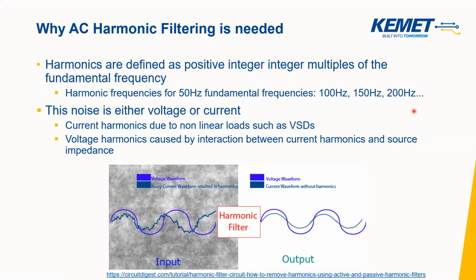Usually the current carrying capability of an X or Y capacitor is in most cases not a very critical parameter, but this is not the case with an AC harmonic filter capacitor, because here the capacitor needs to have a high ripple current capability to be able to effectively conduct the harmonics to ground, which is in most cases not the case with an X and Y capacitor. And this is what makes it different and unique. So we're looking at harmonic frequencies instead of really high frequencies and transients and so on.